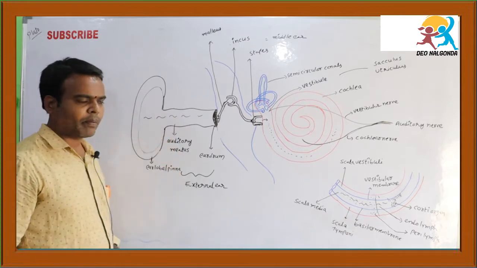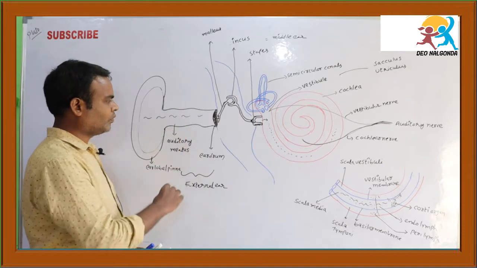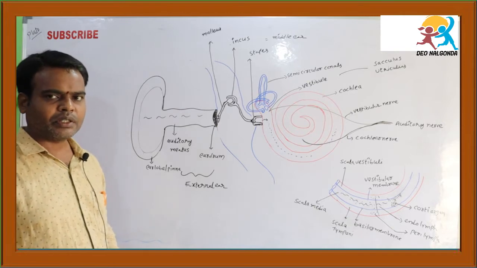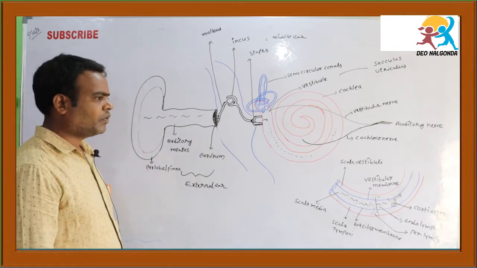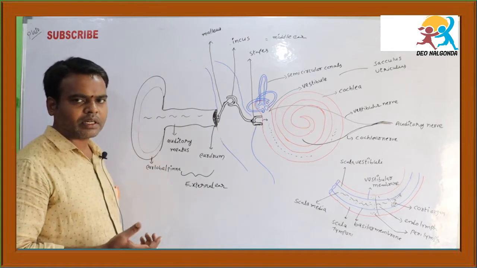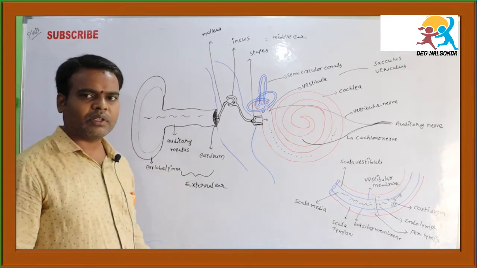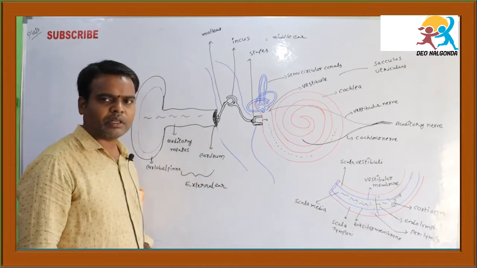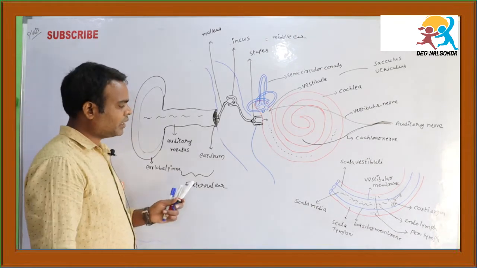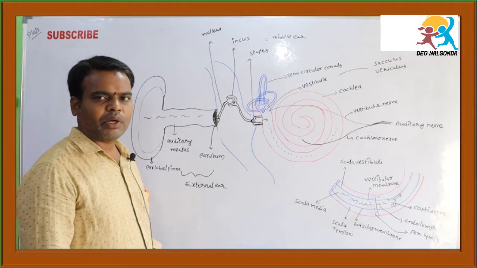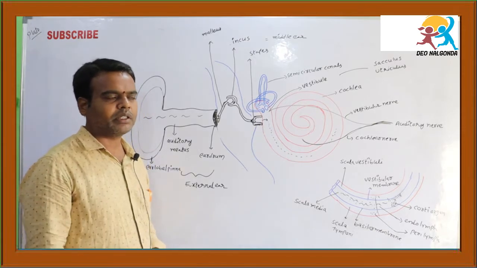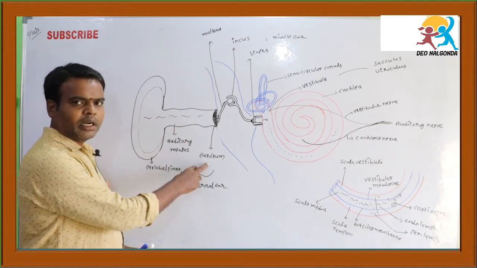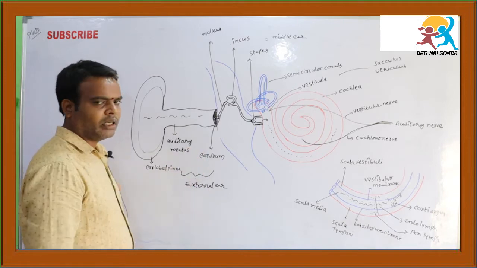Auditory meatus is nothing but a tube, what you are observing. It contains glands like ceruminous glands and also some sebaceous wax glands, which release some glue like, wax like substance to prevent the entry of dust particles to the eardrum. The third one is the eardrum, which is also called tympanum. This is the most important part of the external ear, because when it collects the sound waves, it vibrates. So these are the three parts of the external ear: earlobe or pinna, auditory meatus, and eardrum.